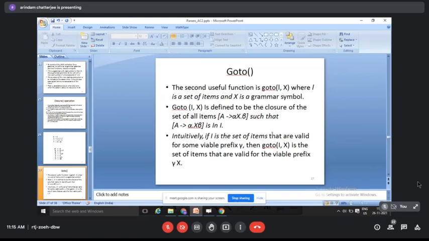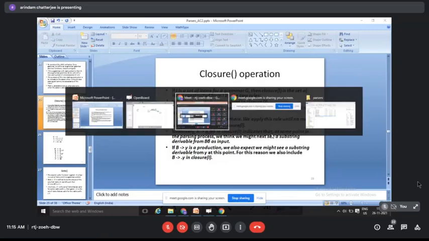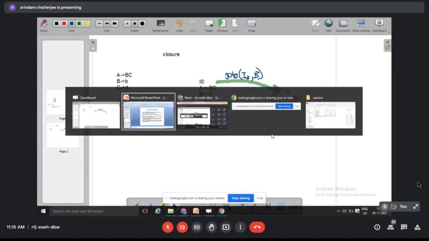Now, what is the definition of the closure operation? As you can see here, there are two rules. Initially, every item in I is added to closure(I). So in this particular case, we have the rule A producing BC. So A producing dot BC is in I0. That is the initial one, so that is in the closure also.